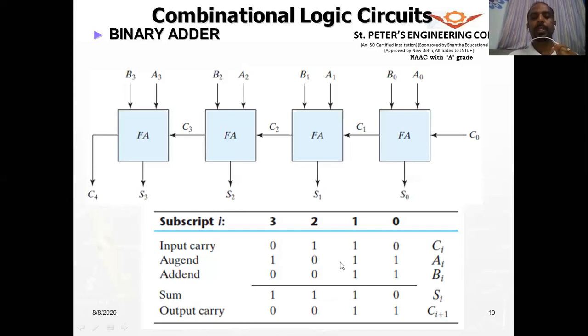11 plus 3 is 14. So to represent 14, how many bits do you require? What is the maximum decimal number that you can represent using 4 bits? It is 16 in binary, right? So therefore, rather 15. So 15 means all 4 bits being 1. So therefore, you can represent it using the 4 sum bits here.